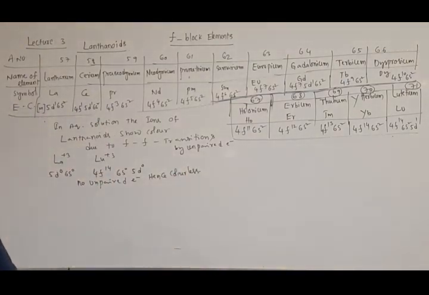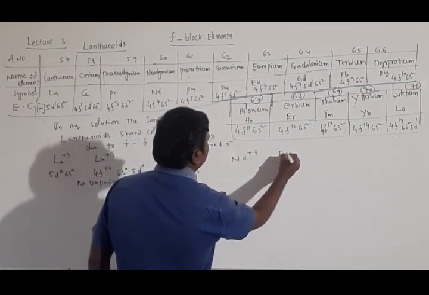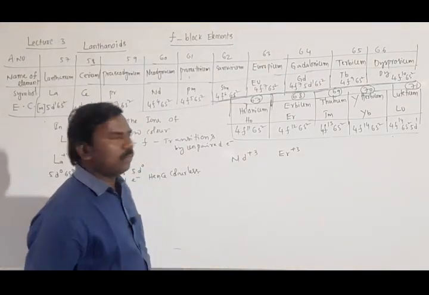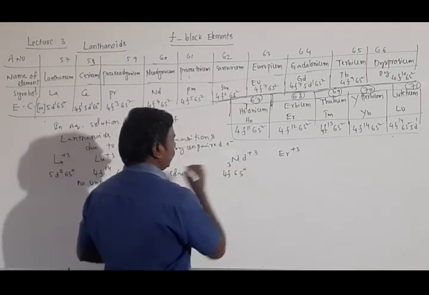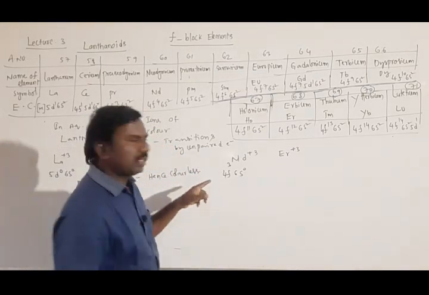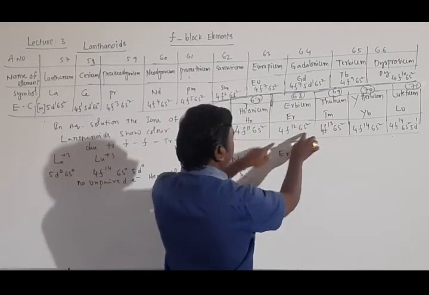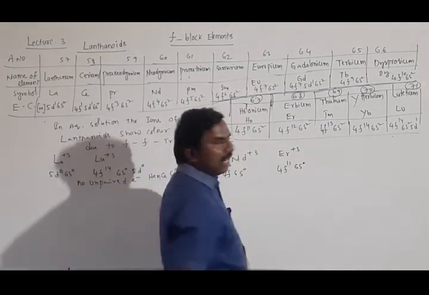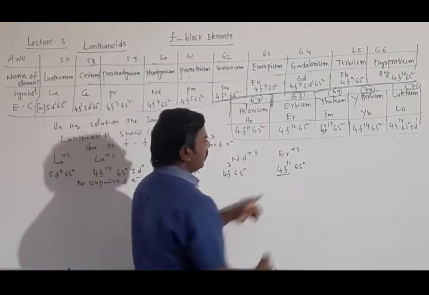One more example for colored ions we will see, neodymium plus 3 and erbium plus 3, Nd+3 and Er+3. You just observe, Nd 4f4 6s2, plus 3 means 3 must be removed. 3 means 2 from 6s, 6s0, 1 from f. f contains 3 unpaired electrons, that's why color. And next one is erbium. 4f12 6s2. It means 6s0, 2 from there, 1 from this one. So there is a chance to get unpaired electrons.